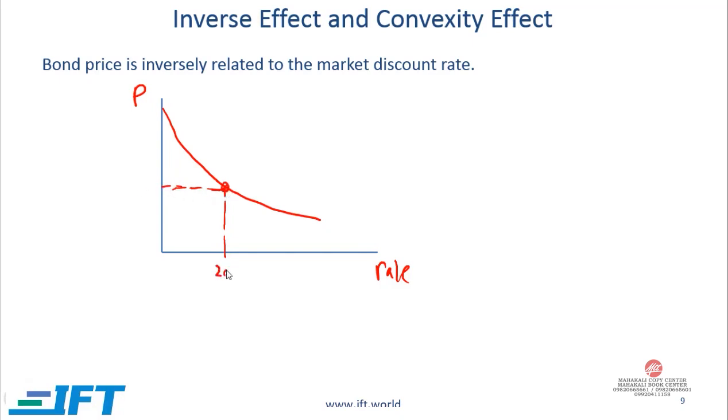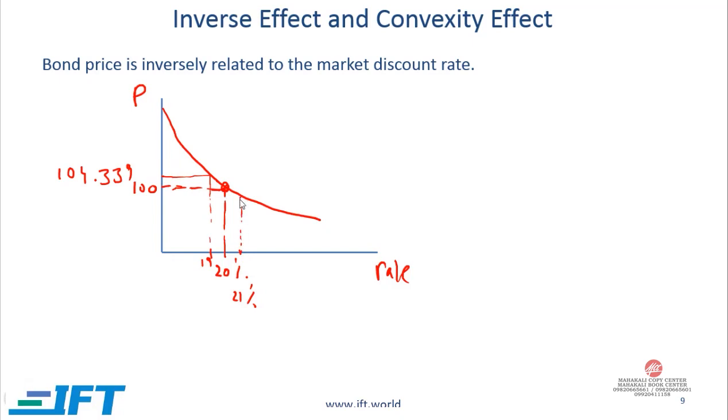If the market interest rate is 20%, then the value of this bond is 100. We noticed that when the interest rate came down to 19, then the price of the bond was higher. So then the price of the bond was 104.339. And when the interest rate increased to 21%, that's this point over here,